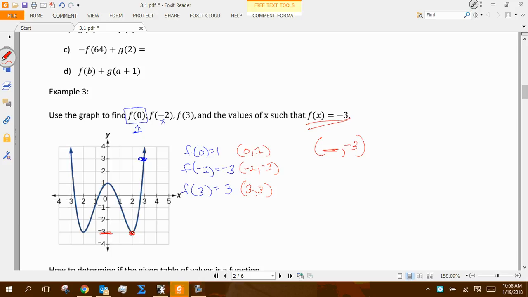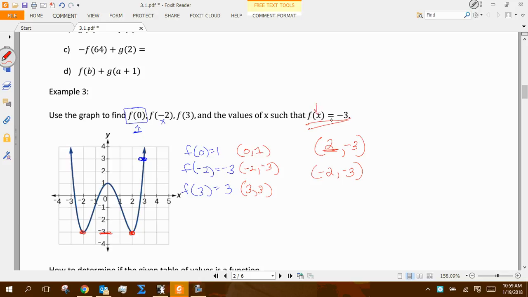There is a point with a y value of negative 3, so the x value that goes with that is 2. Okay? But if I look over here, that ordered pair also has a y value of negative 3. So negative 2 and positive 2 would be x values